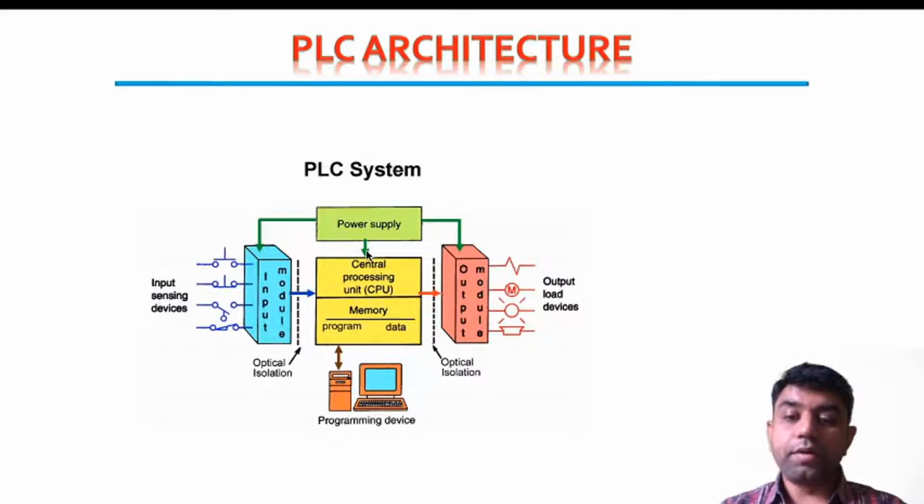You need to supply power to it, and there will be an input module as well as an output module. The input module is the sensing devices. The sensor will sense the data, and as per the received data and the program, it will operate the output devices, which may be a bulb, a heater, a cooling system, or a heating system. We even see these things in lifts: after some time duration the lift door shuts automatically. So these are programmable things.